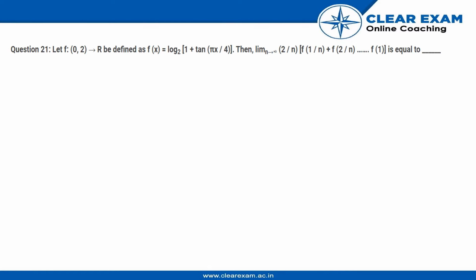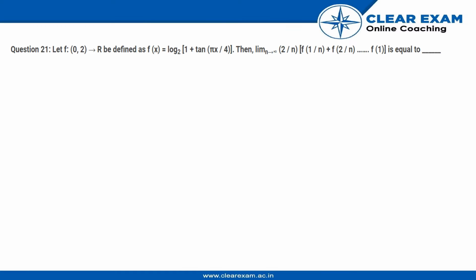Let f, that goes from 0 to 2 to r, be defined as f of x is equal to log of 1 plus pi x by 4 to the base 2. Then the limit as n tends to infinity of 2 by n times f of 1 by n plus f of 2 by n plus so on until f of n by n is equal to...